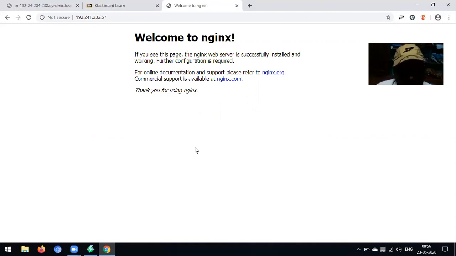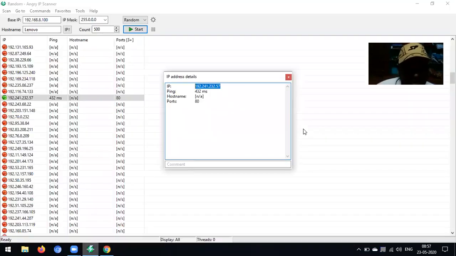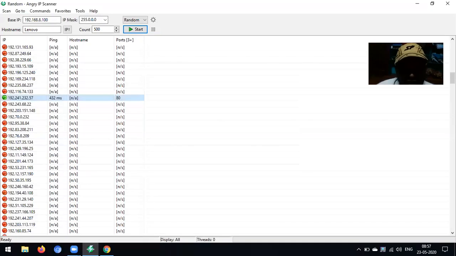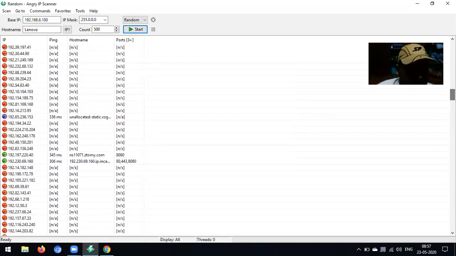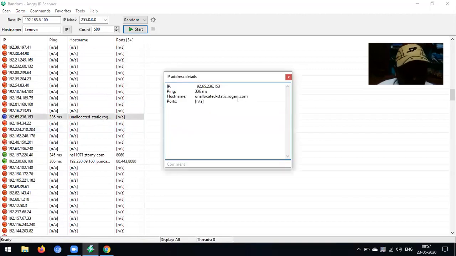Some of the IPs will directly give you the admin page, and if possible you can access it. Some web cameras are also available. If I'm using something, some web cameras are also available. If they are using a default password, you can bypass the web camera also.